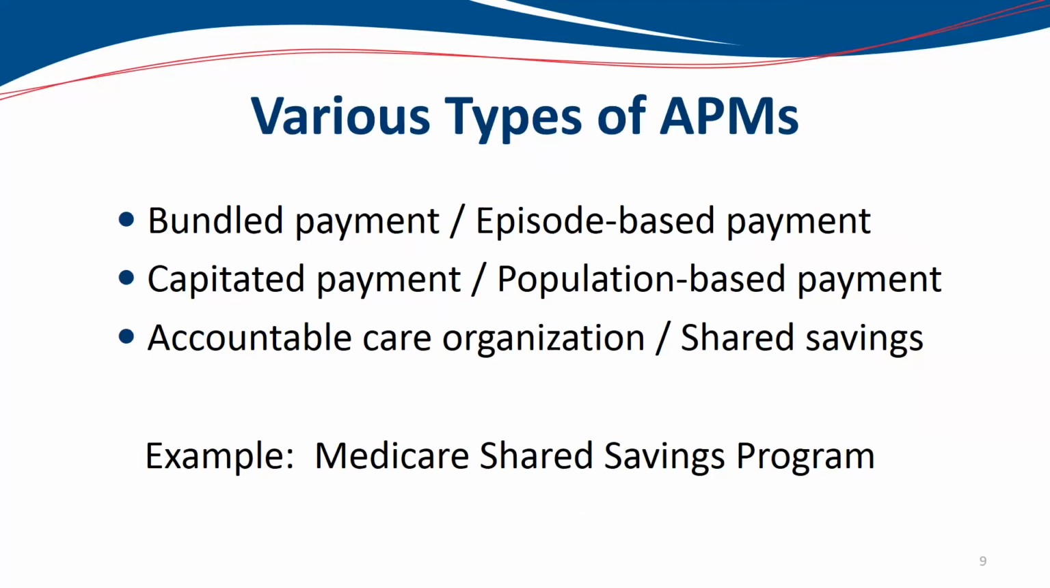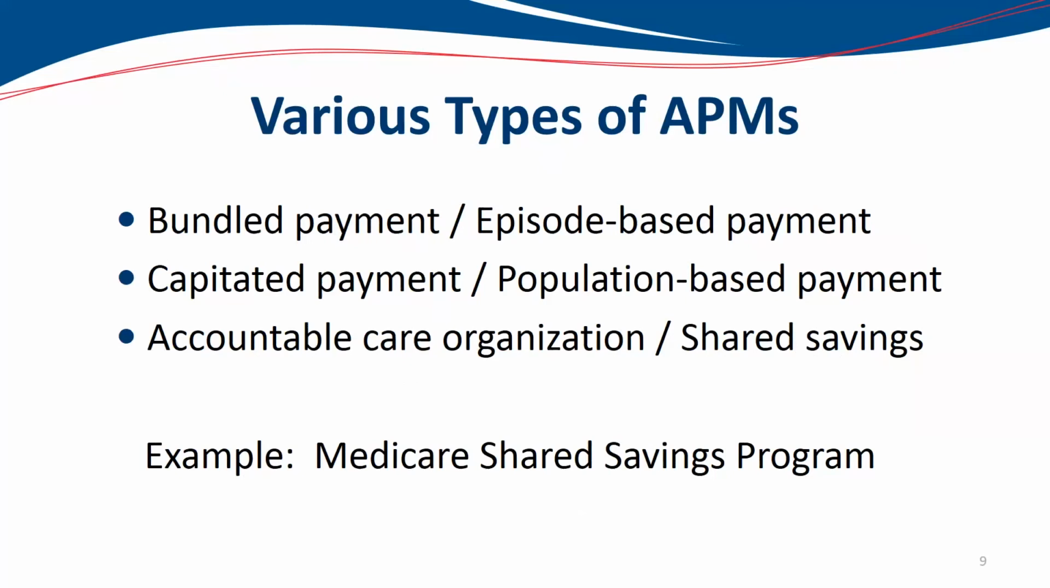So it might be the care for a heart attack. It could be the care for that individual to be taken in an ambulance to the hospital, care in the hospital, and then post-heart attack care. Capitated payments and population-based payments, meaning paying those providers a pre-specified amount of money to take care of an individual patient or a population of patients. And then we saw with the Affordable Care Act, accountable care organizations come about and shared savings programs where